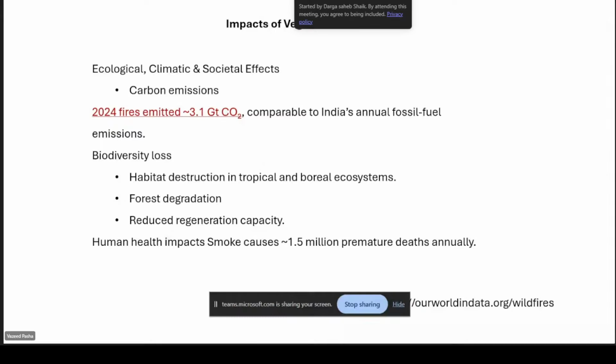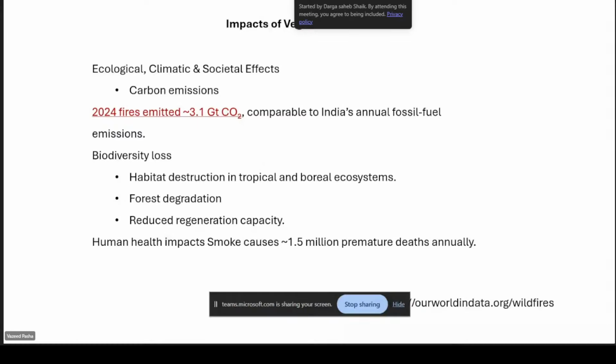So what are the impacts of fires on tropical and forest ecosystems? They create habitat destruction. A very dense forest, after a forest fire, becomes an open forest. What happens when it becomes open forest, I will let you know in the upcoming slides. It creates forest degradation and reduces regeneration capacity.